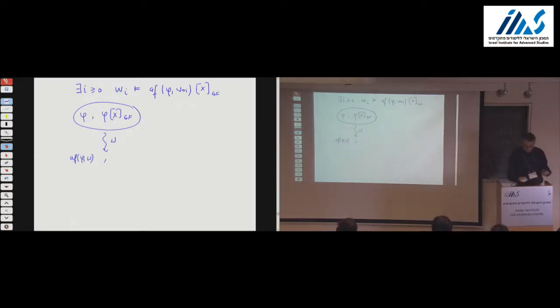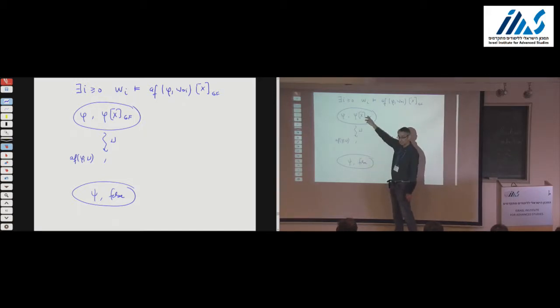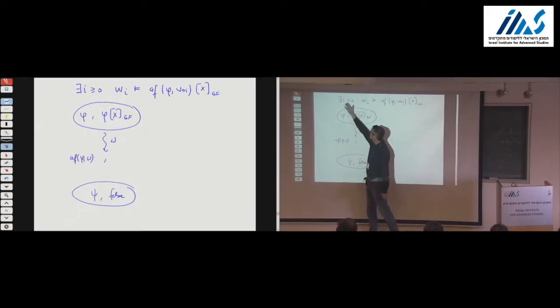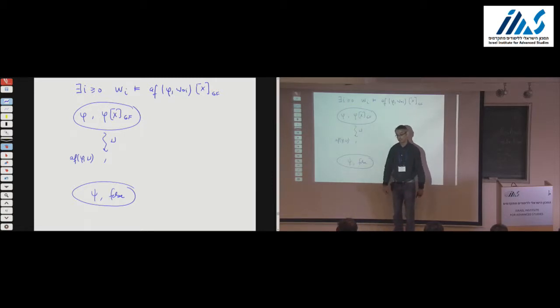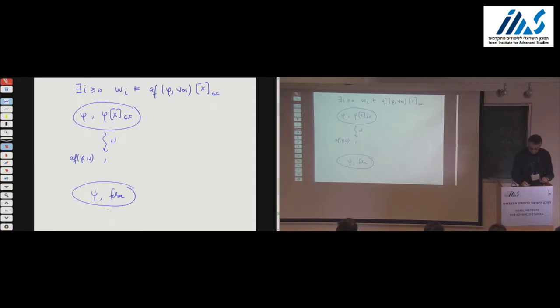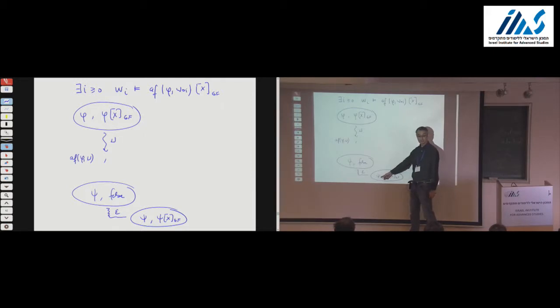And now what happens if we ever reach a state of the formula psi false? Well, then we know that our attempt at checking this failed. We were guessing, oh, let's assume that I is greater than or equal to 0, right? Okay, that guess failed, right? So then we just continue, assume this is a sort of epsilon transition, we just continue with psi x gf, because now this is where we are now, right? This is what has happened in the meantime on the left hand side,